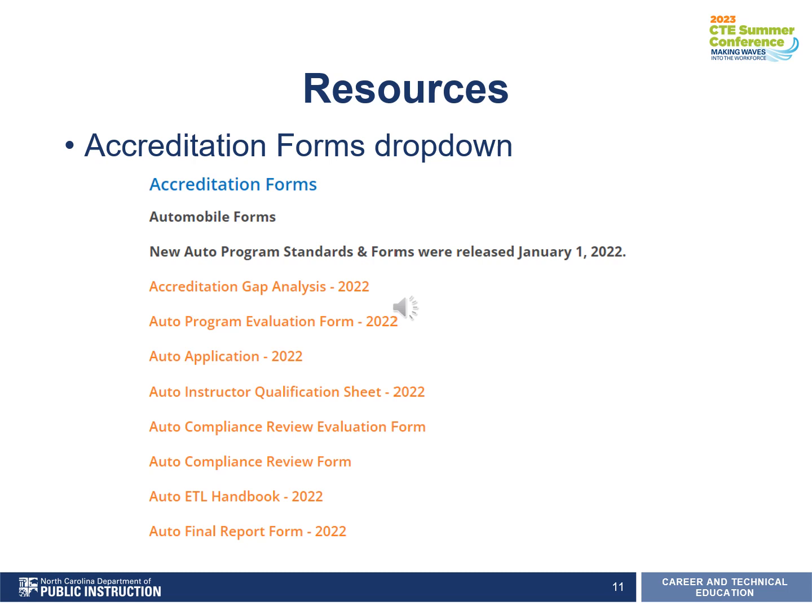But this is for doing the application by paper and pencil. It's also a good resource for doing it through the portal, because we'll need those numbers when we do the application in the portal, as we'll be talking about shortly. There's also an auto instructor qualifications sheet showing the ASEs that the instructor needs to have, and it discusses the 20 hours of technical update training each year. So that's also a good resource.